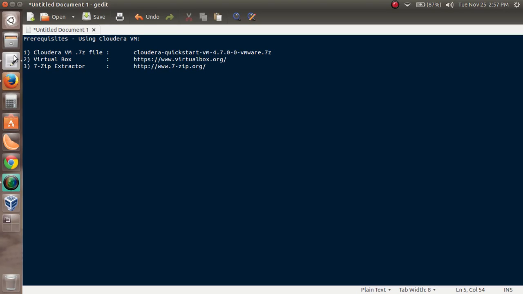Hello everybody. Today we'll be seeing about the installation of a Cloudera VM file into VirtualBox. We'll be using the Cloudera virtual machine using VirtualBox. The prerequisites for this are: